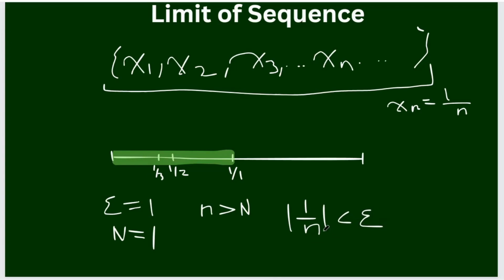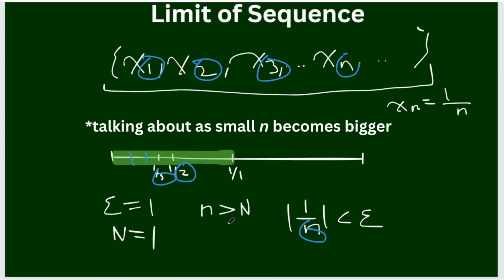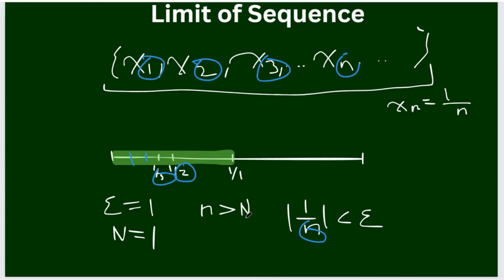And this makes sense, right? Because here, this small n is the n here, 1, 2, 3, and n, right? And here you can see that as you increase n, 2, 3, you go further down left, right? And this is a smaller value than 1 over 1. So here, 1/4 is like here, and 1/5 is like here, right? So you're getting smaller values as n is becoming bigger. So anything towards the left from here is going to be smaller than 1 over 1.